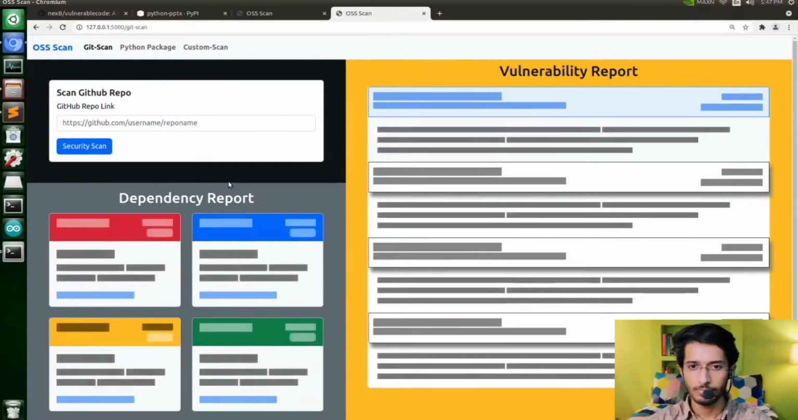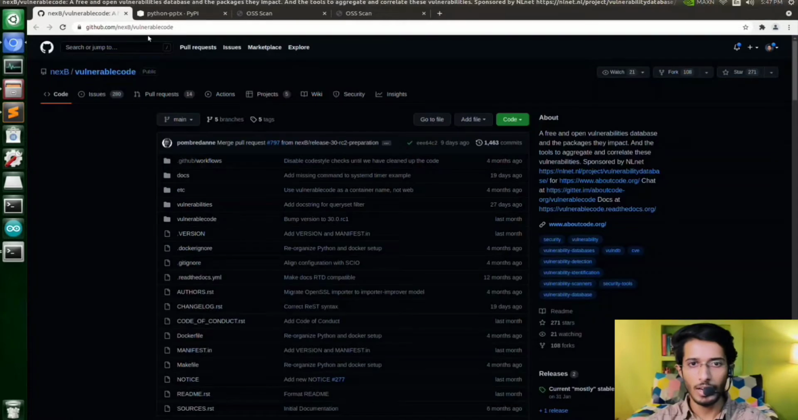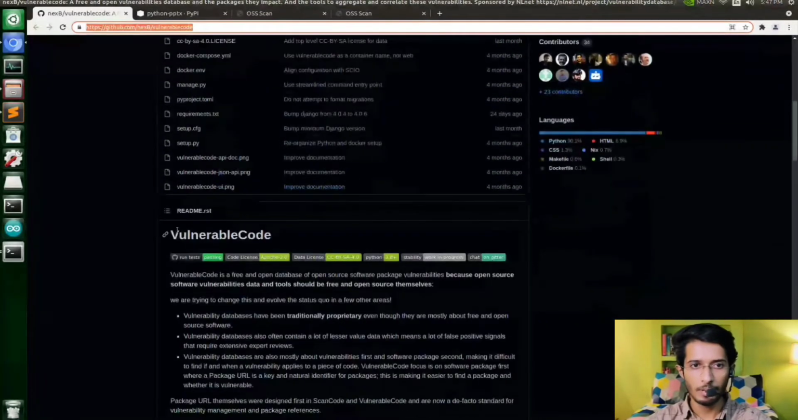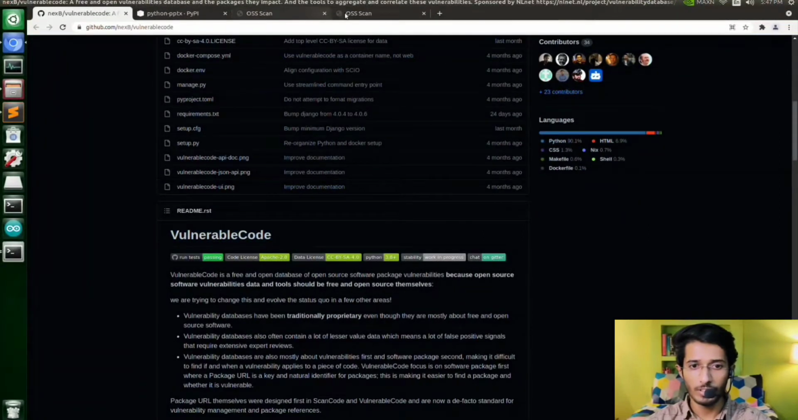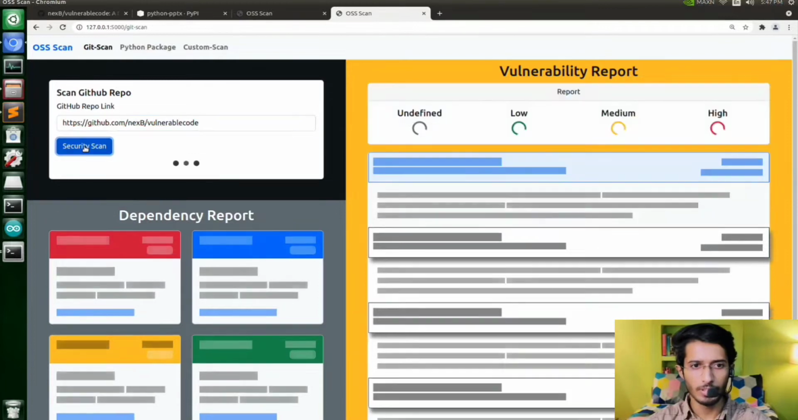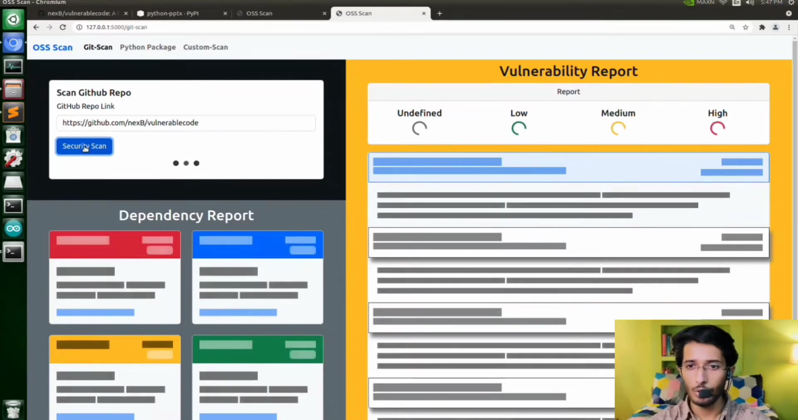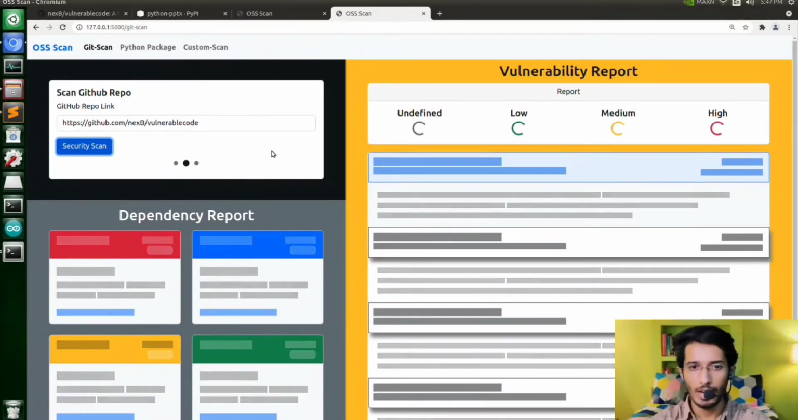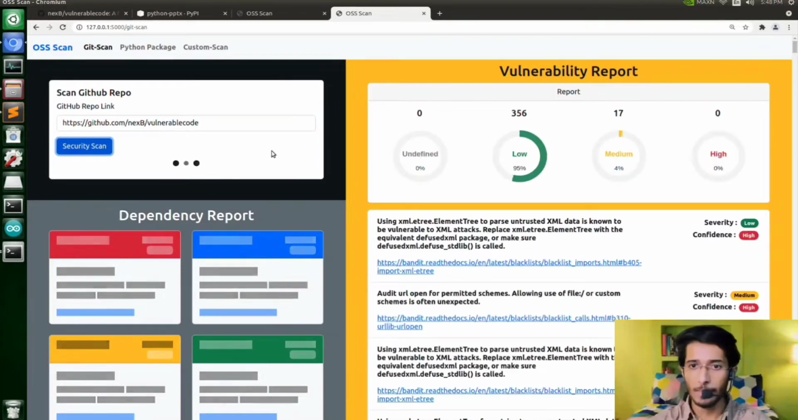So we just go to this Git Scan page, copy any GitHub repository link, and paste it in our platform. So it is the vulnerable code link. Just go to this platform and paste it. It automatically clones the project from GitHub onto a server, so you don't need to clone it on a local machine, and checks all the vulnerabilities present in the code bases, and also checks the dependencies where the